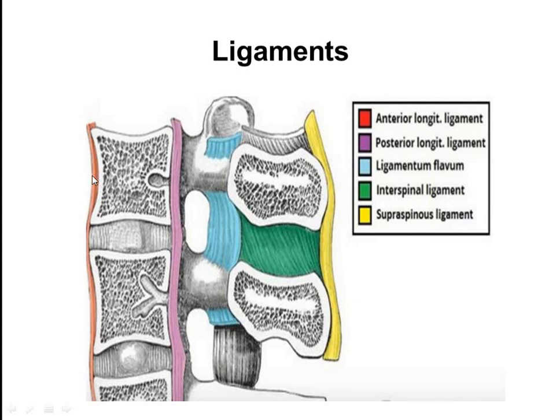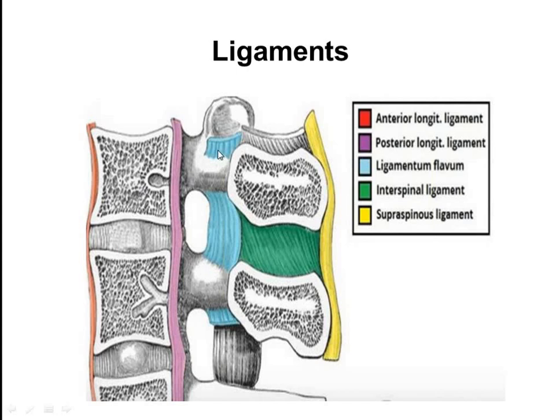This is the region anterior to the body of the vertebra. This is the anterior longitudinal ligament, which is running throughout the vertebral length so that these two vertebrae are joined, anterior to the bodies of the vertebrae. Similarly, posterior to the bodies of the vertebra, this structure is the posterior longitudinal ligament, which is again running longitudinally throughout the vertebral column, so that the two vertebrae are attached via these ligaments. In between the vertebral bodies is the intervertebral disc.